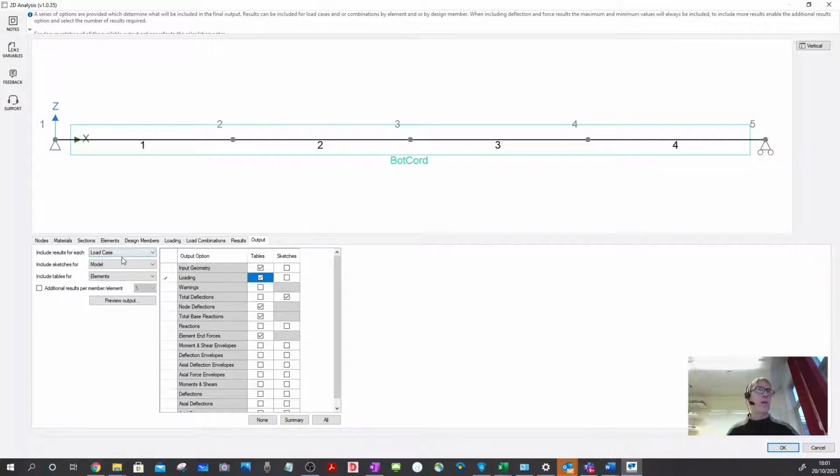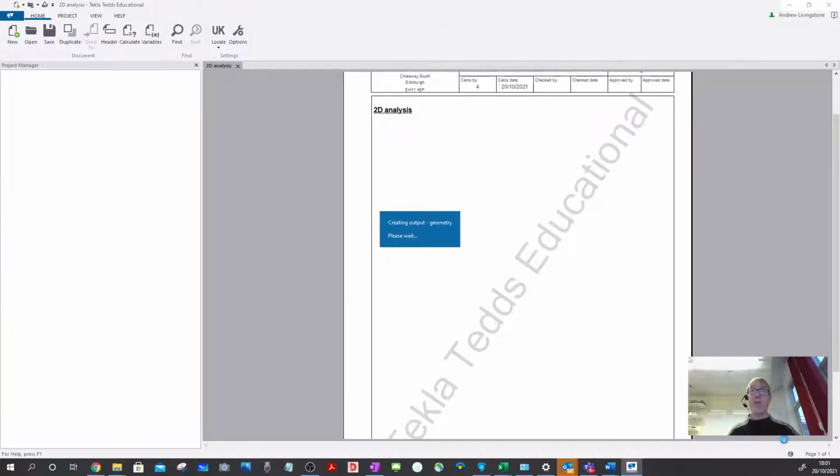And you can also include just the load cases for that. Yes, and if I go all OK, we'll then get the output from this. This will take a bit of time, but whilst that's doing that in the background,